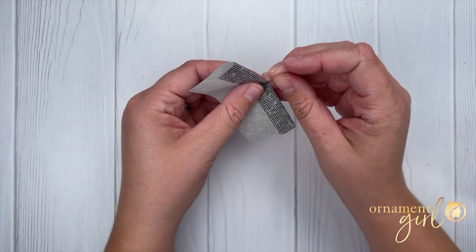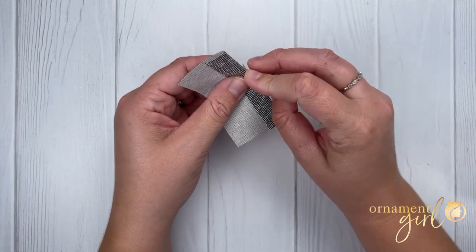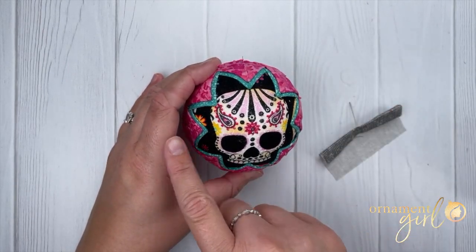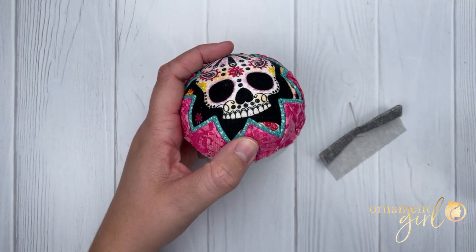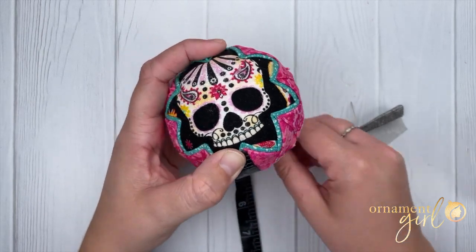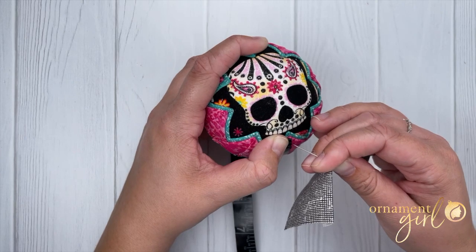And this time, all we're doing different is measuring down from the tips of the previous layer, from layer 2. So along the bottom segment line, our first 4 triangles are going to go to the top, bottom, left, and right. So along one of those segment lines, you're going to measure down from the tip of the triangle from the previous layer, directly along the segment line, and pin at that same measurement right between 1/8 and 1/4 of an inch